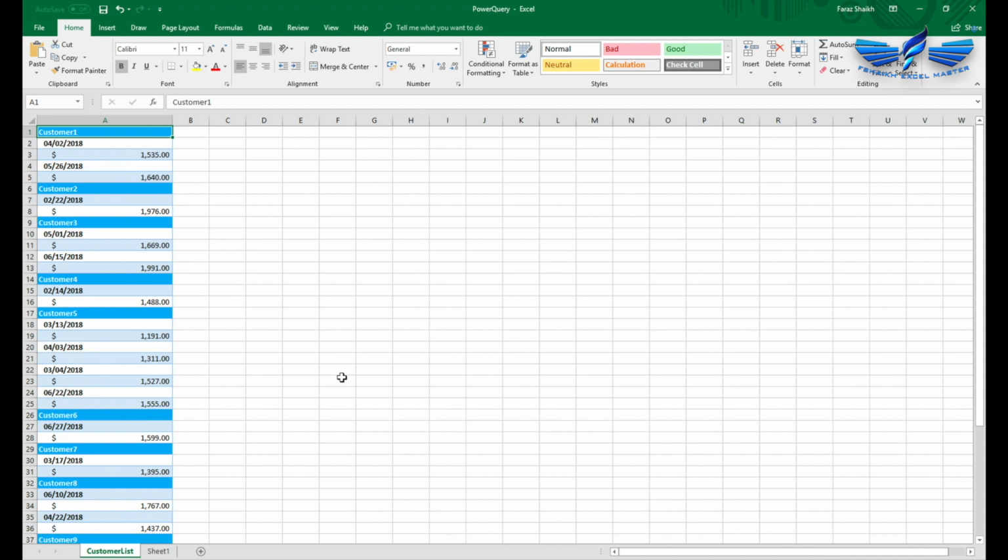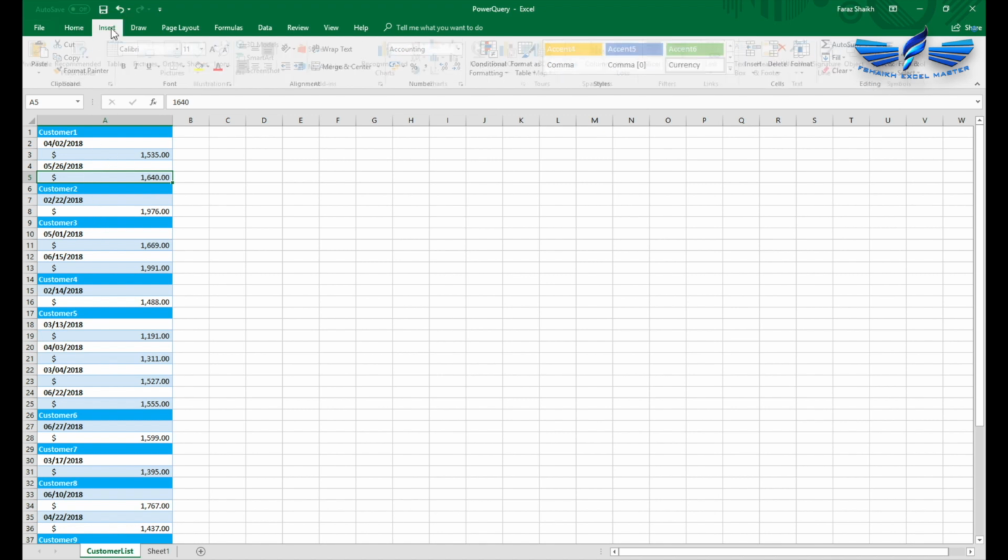So this is the data shared by my friend. He is very worried about how he is going to separate out the date and the amount into a proper tabular structure where he has the customer names and the date. Many people suggested that a macro is the only solution for his problem, but I have something better for him. The first thing we are going to do is convert this data